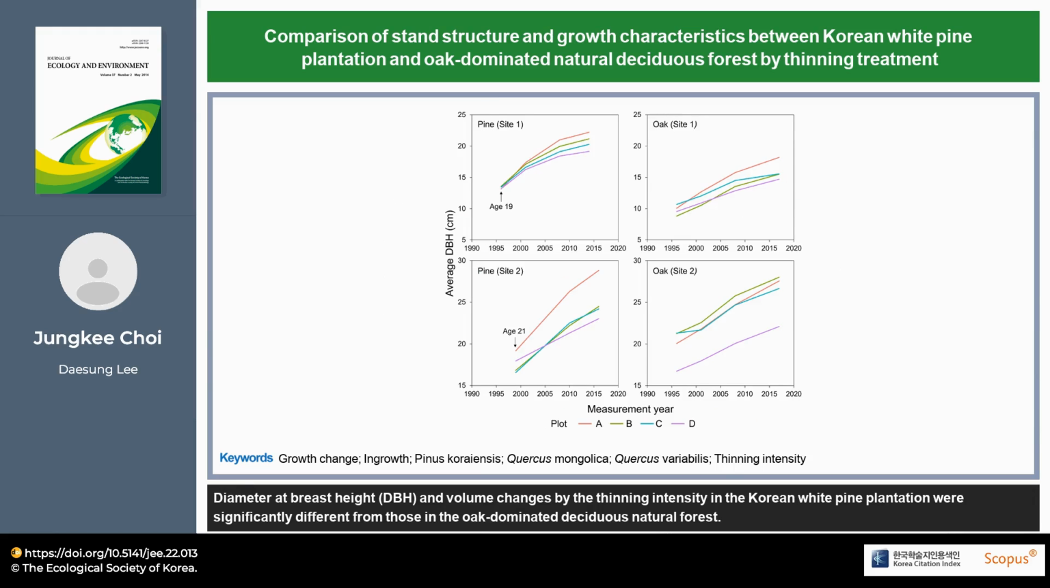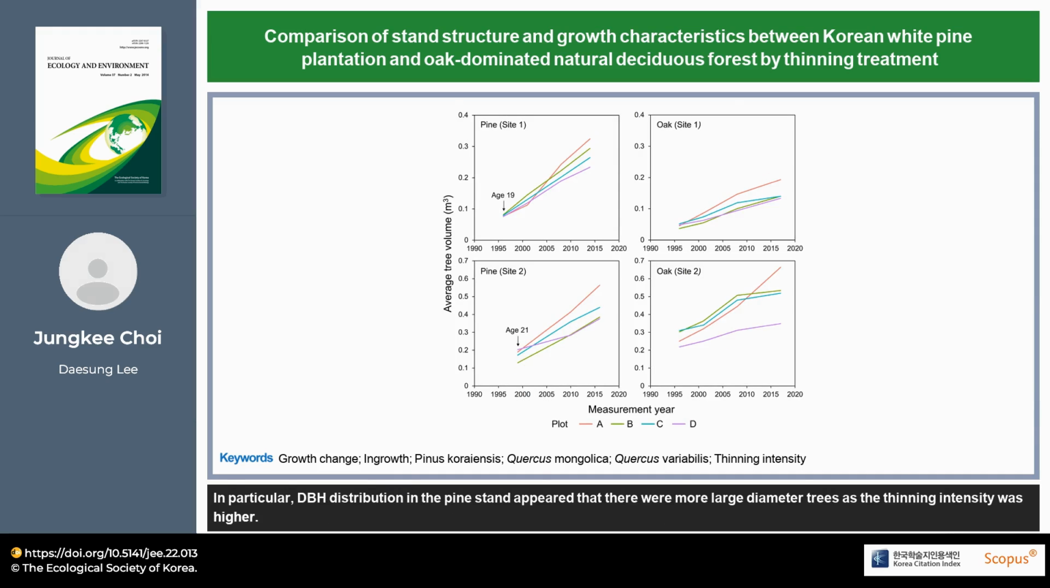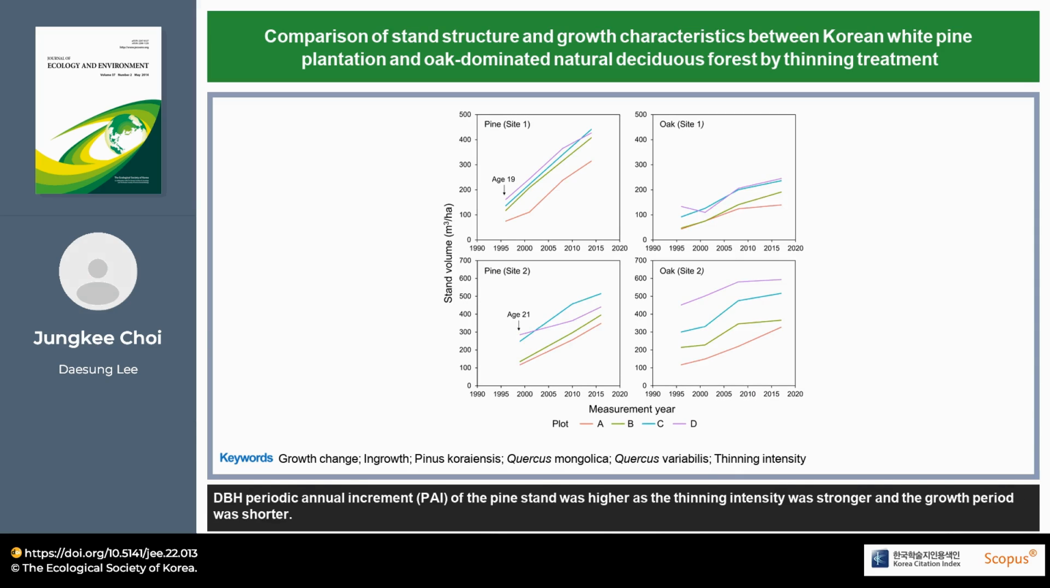Diameter at breast height and volume changes by the thinning intensity in the Korean white pine plantation were significantly different from those in the oak-dominated deciduous natural forest. In particular, DBH distribution in the pine stand showed more large diameter trees as the thinning intensity was higher. VBH periodic annual increment of the pine stand was higher as the thinning intensity was stronger and the